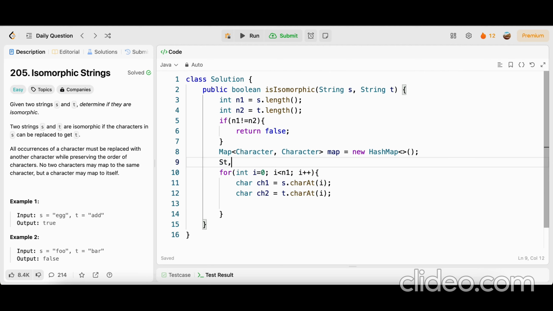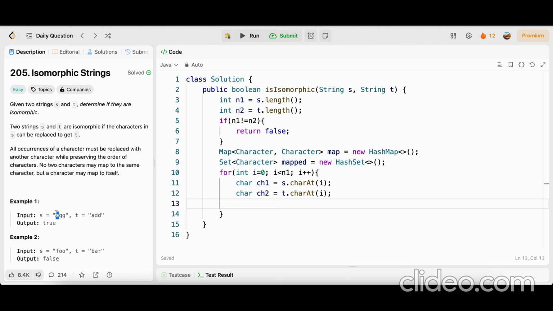Also I have to declare a set as I have explained. Let us call the set mapped, a hash set. Okay, so here what we have to do, let us say we are standing at E. We have to check if E is already mapped to some other character or not. If my current character, which is ch1, I am calling the ith character of S as ch1, if our map